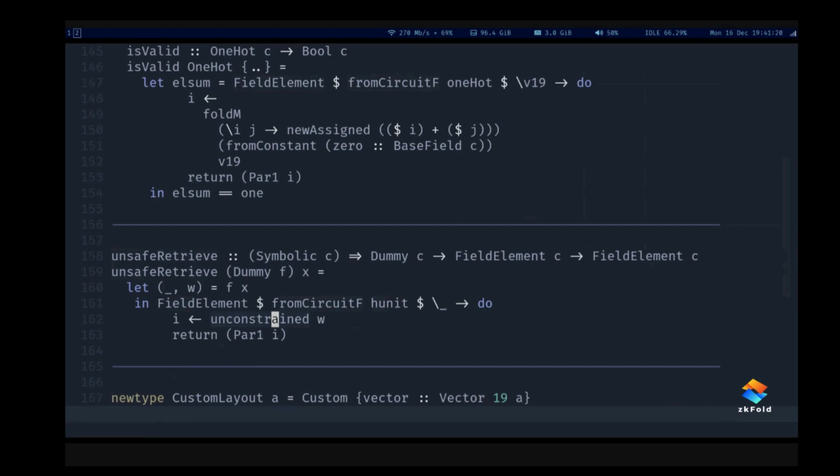We get the head, we return it as unconstrained inside the circuit, and then additionally constrain it so that the hash of the whole list should equal the hash of the tail together with this new head. So that's the first application we have, and the second is the general hashed data type,